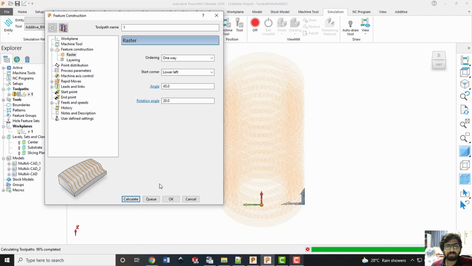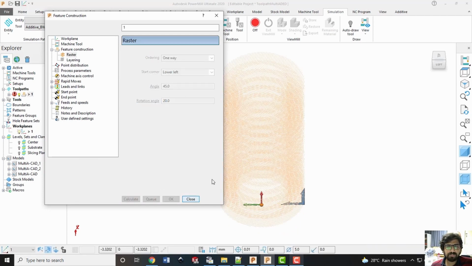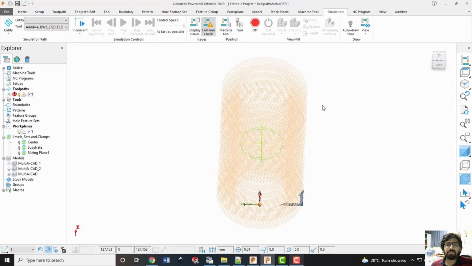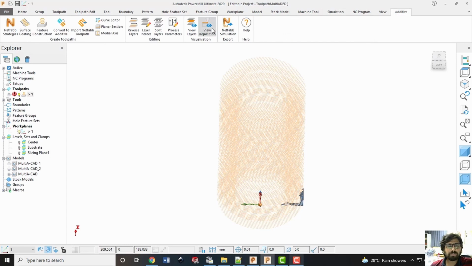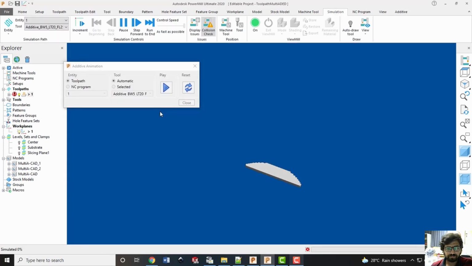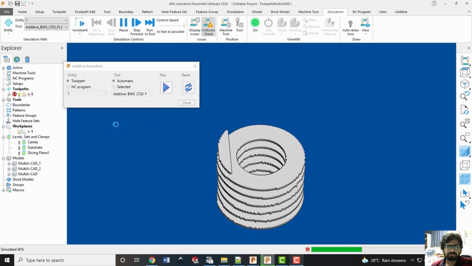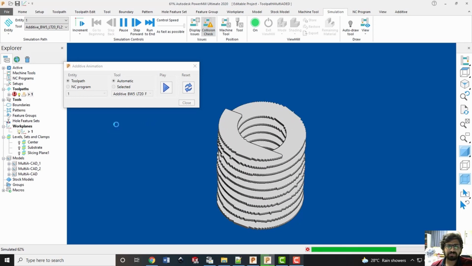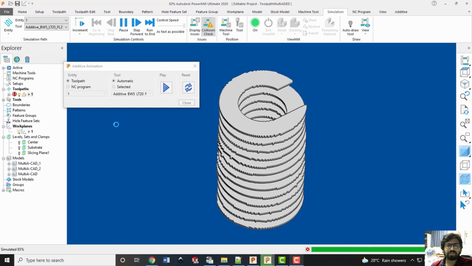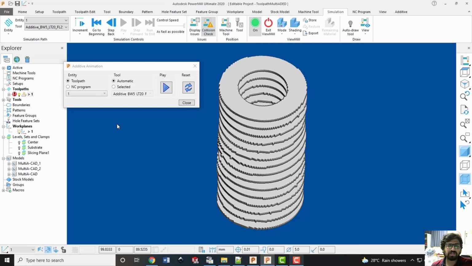Now in that case, what will happen? Your contours will be almost the same. The only difference will be they will be filled by the raster toolpath. Now this strategy we will look at from the deposition view. So this is how it is going to deposit the layers in each and every slice up to 300 mm, whatever the height of this cylindrical feature is.